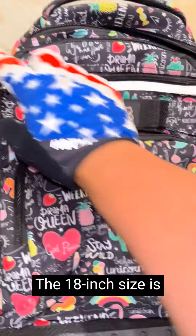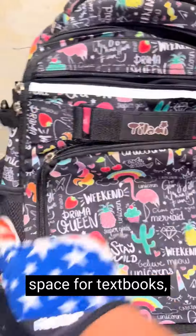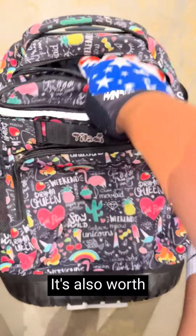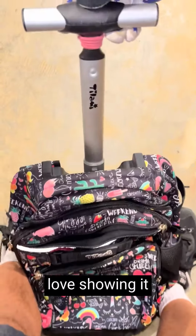The 18 inches size is perfect for a middle school student like your son. It offers ample storage space for textbooks, notebooks, and all his school supplies. Plus, the multiple compartments and pockets help him stay organized throughout the day. It's also worth mentioning that the backpack's design is stylish and modern, and your son will love showing it off